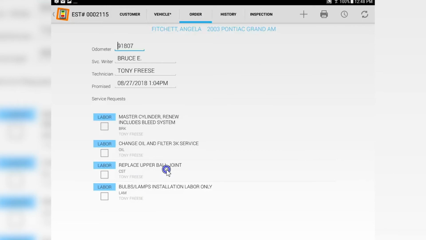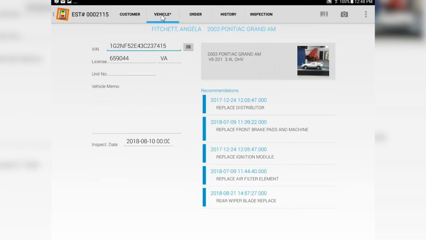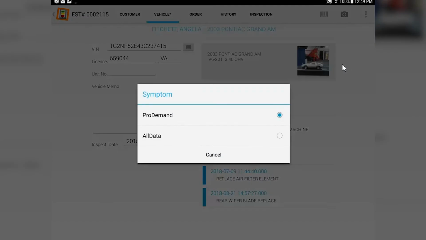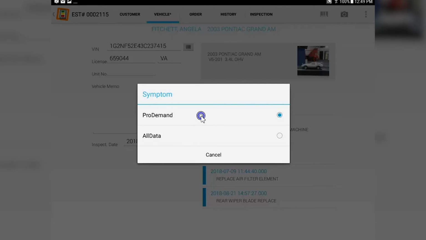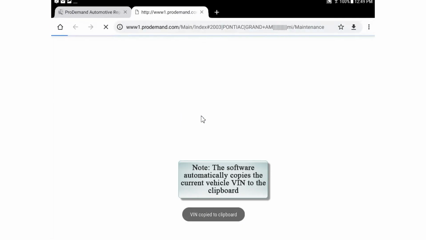The next thing that we want the technician to do, once they get a ticket in their hand, is to use whatever service repair software that you have to look up things before even touching the vehicle. As a matter of fact, take a look at the recommendations to make sure none of those are related to what today's issue is. But going up here and going to repair information, you can choose to have both of these displayed when you open this up, but you need to have a license to each one in order to use it. So at this point, we're going to go to ProDemand and tap on that and select